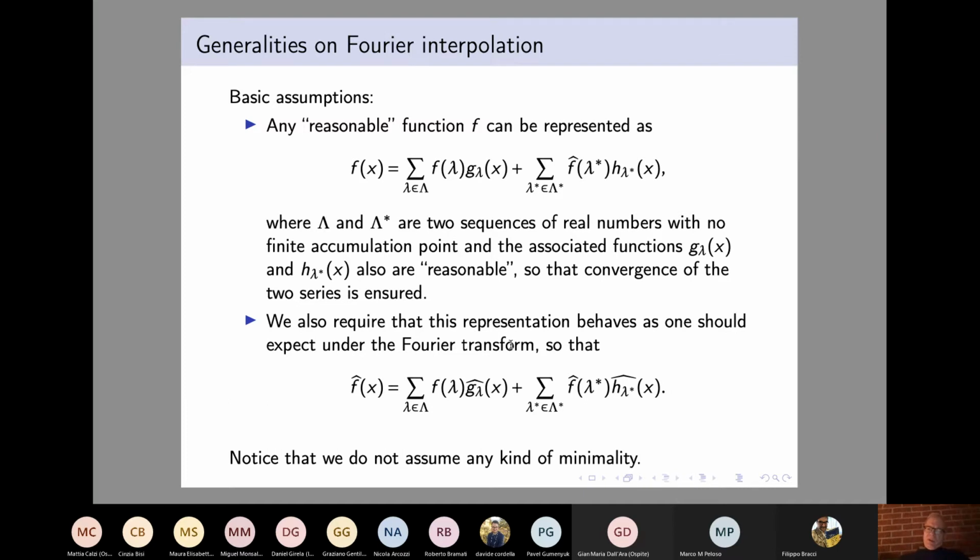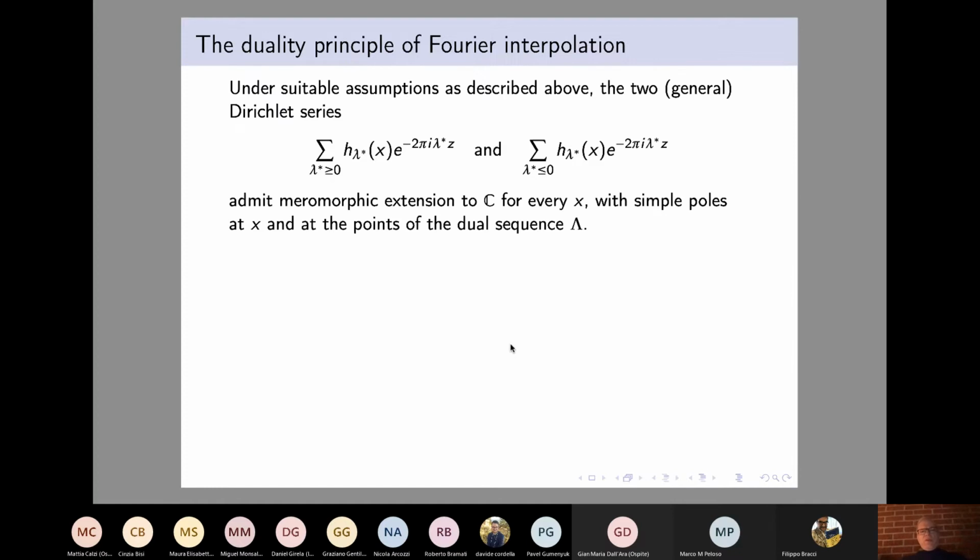Okay, so what is it I want to say? What I want to say is that under suitable assumptions as I described above, the two general Dirichlet series, and these are general, the frequencies here are basically anything. In the previous case, we had log n, right? So we have two general Dirichlet series associated with